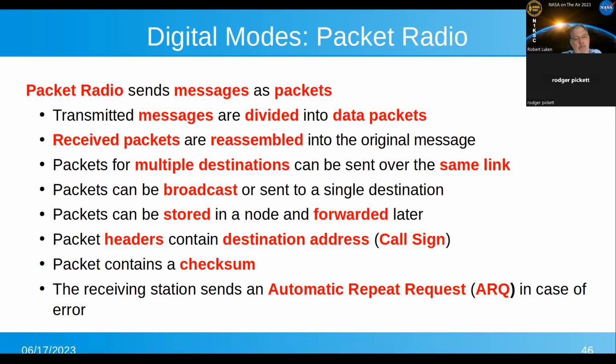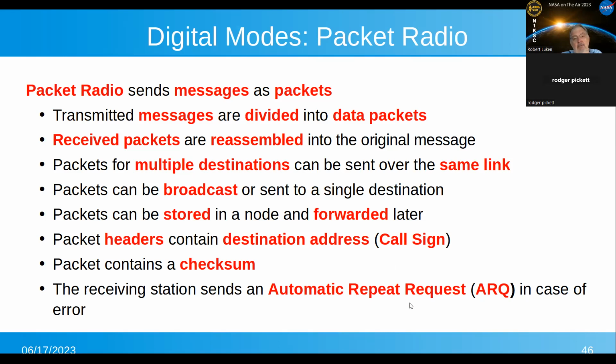The header of the packet will contain the destination address. In ham radio, it's usually the call sign that you're using. It wouldn't be a call sign if it was 802.3 or Wi-Fi. It's going to be your MAC address, an IP address, and then the packet also contains some form of checksum,